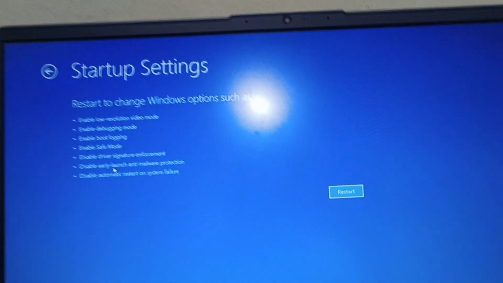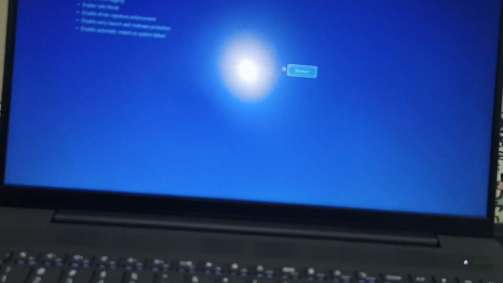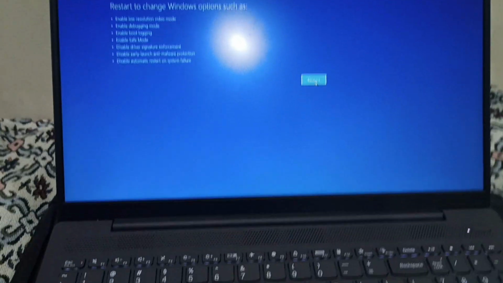startup settings here you can see that it shows me to enable low resolution and so on, enable safe mode, click on restart. And when you click on this restart, so now various buttons will be showing to you. Okay, so I click on the restart. Here you can see that now